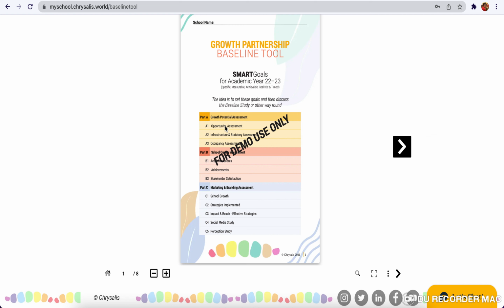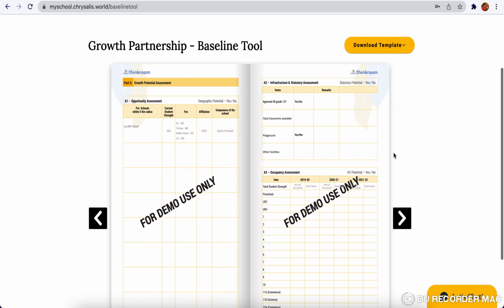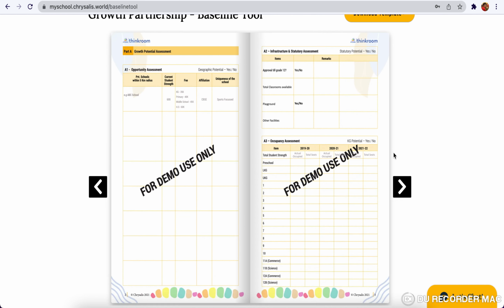Right. So in this, you can download an Excel sheet here. There is a download template here. There is an Excel sheet that you can download and fill the template, fill the data. But what you will have in that is basically a